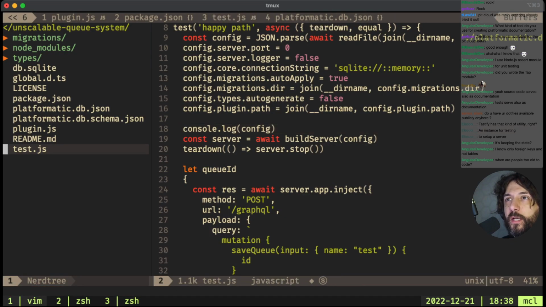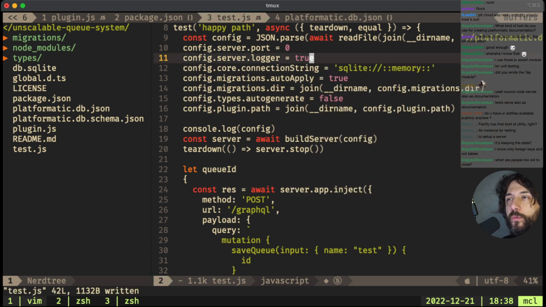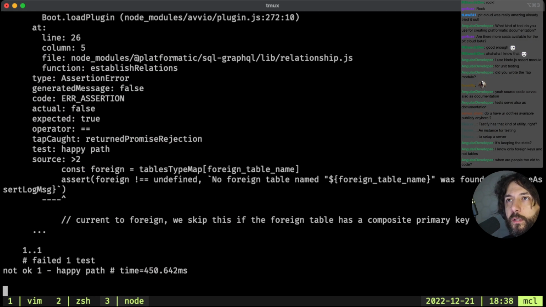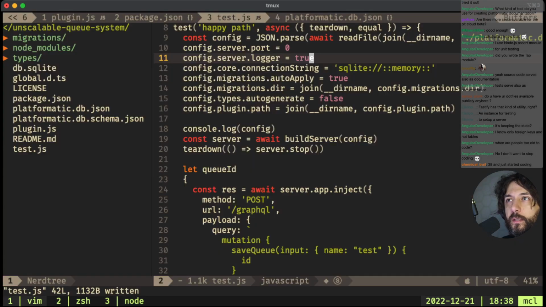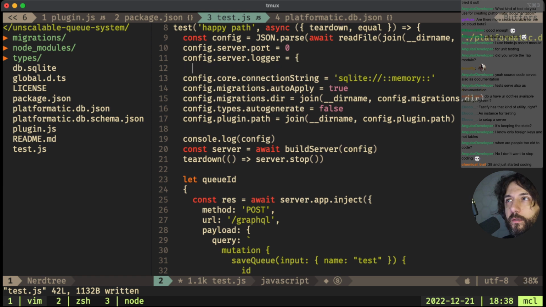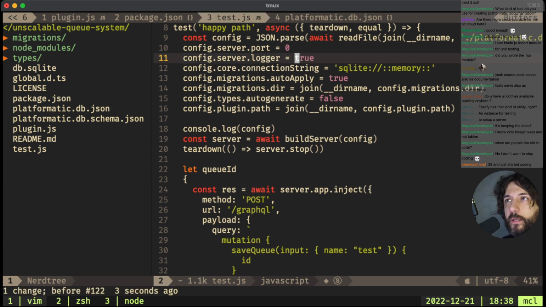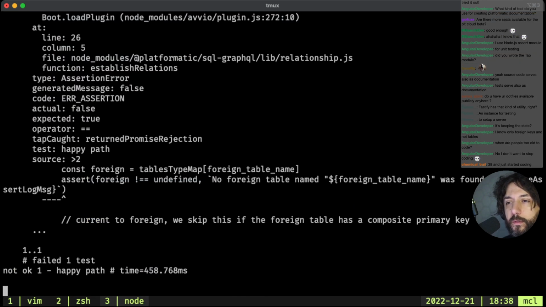Okay, let's try something different. And let's put the logger to true. Actually, let's comment this out. Good, Chemical Trail.